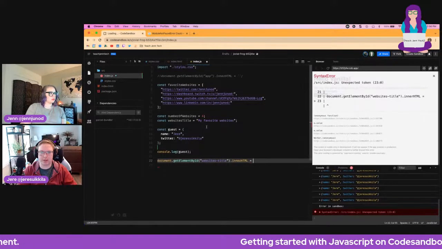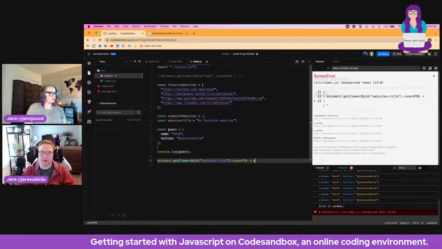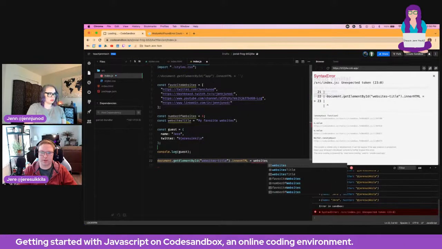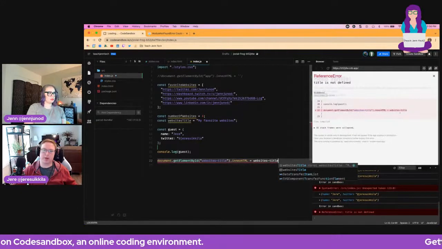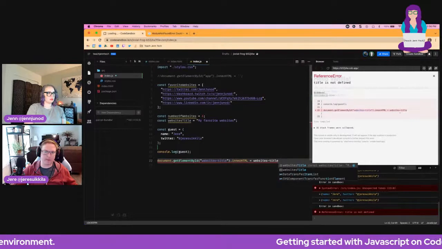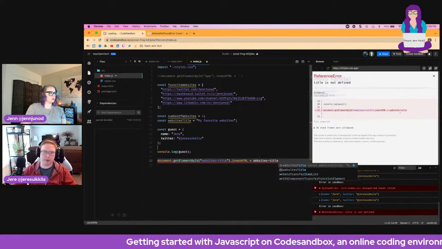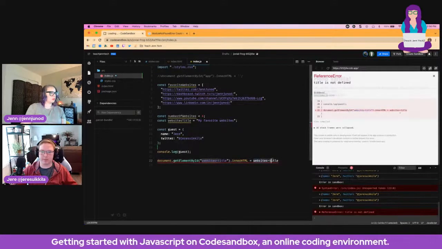So that's what you would write here. You just put website's title. So now that is the ID of the element, but we want to refer to the variable on line, is that line 13? Oh, okay.